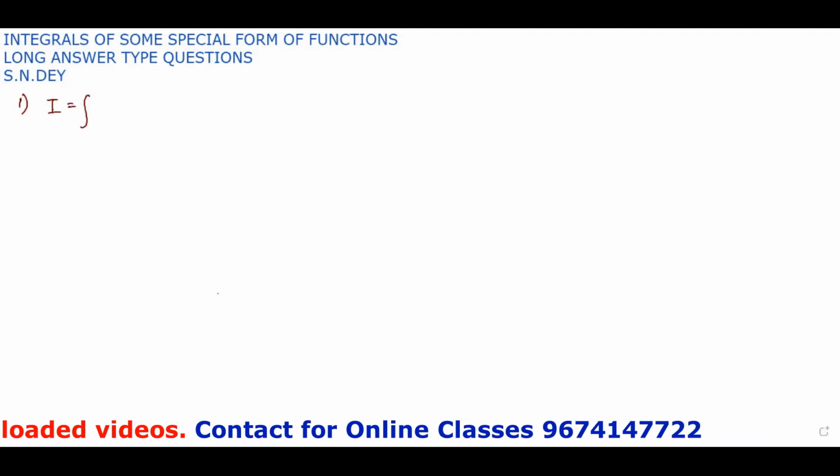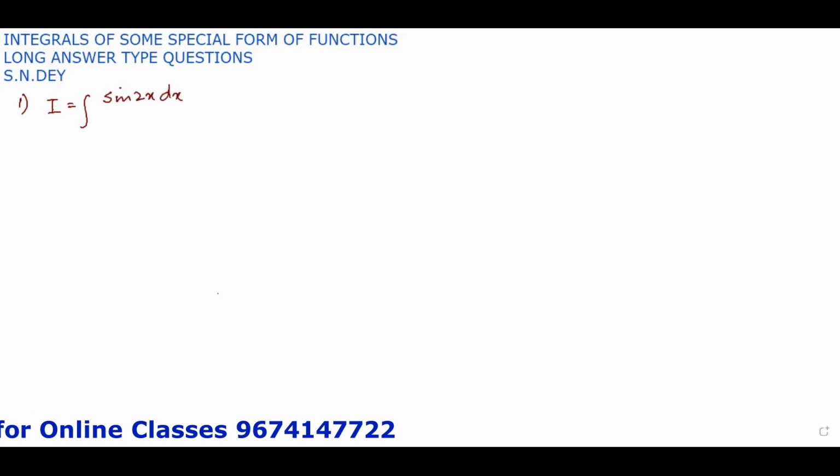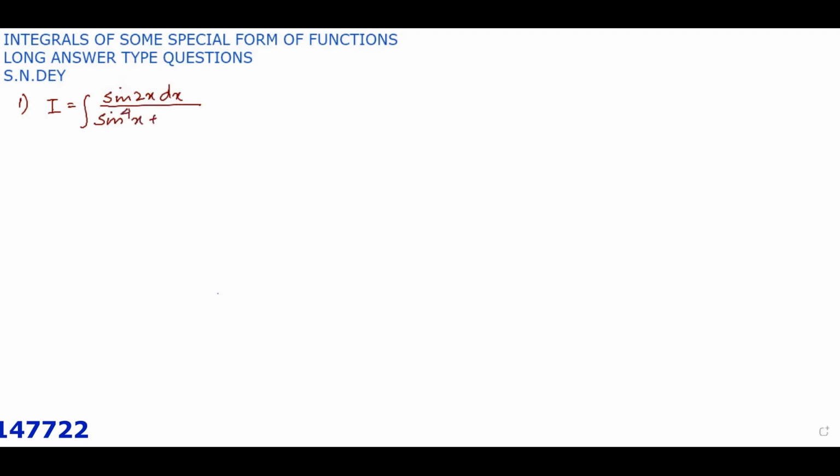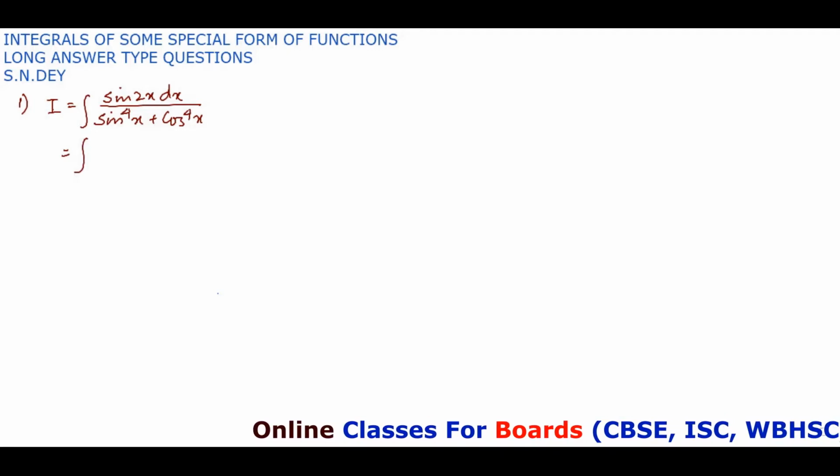sine 2x dx divided by sine to the power 4x plus cos to the power 4x, right? So in this case, what we will do, we will multiply the numerator and denominator with sec to the power 4x. So we get